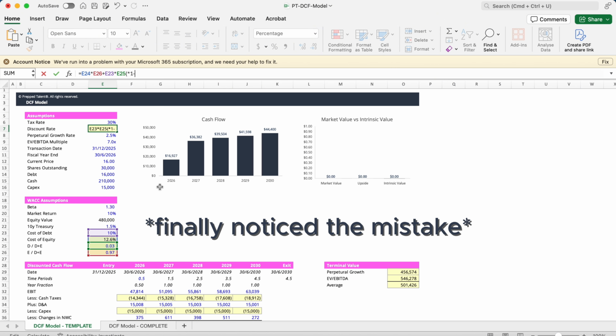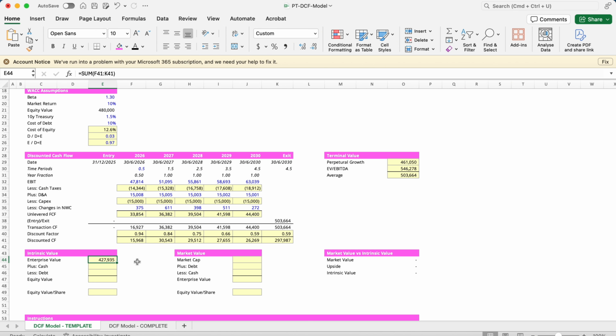So just here, I'm updating the discount rate to consider tax, which was a mistake from me. So we've got our enterprise value there of 427,900. Then we need to take it from the enterprise value down to the equity value, remembering the example of